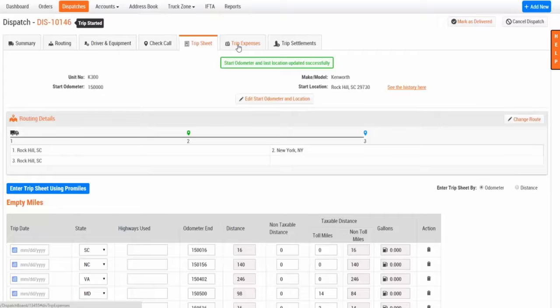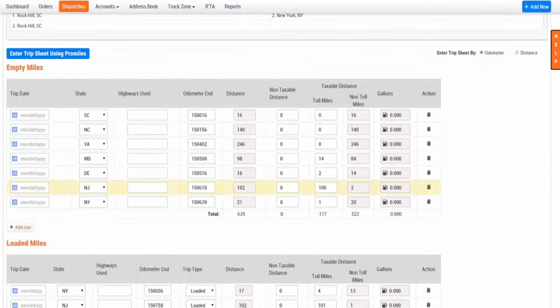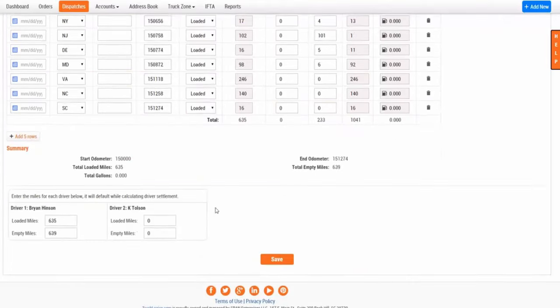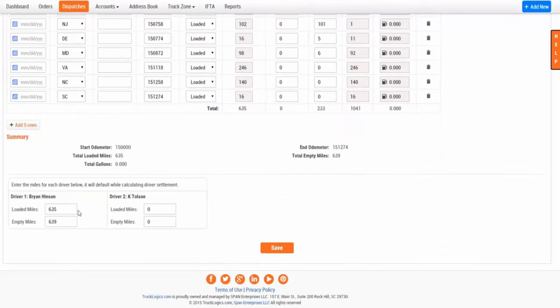Absolutely, and you'll notice also we pointed out the team drivers earlier. Down at the bottom is where you can separate the miles for each driver, and you'll see if Charles enters maybe a couple hundred miles for the K. Tolson driver, it'll automatically subtract it from the Brian driver so that you have that up to date for your purposes. And if you are paying per mile, you have the correct mileage to settle with your drivers on the